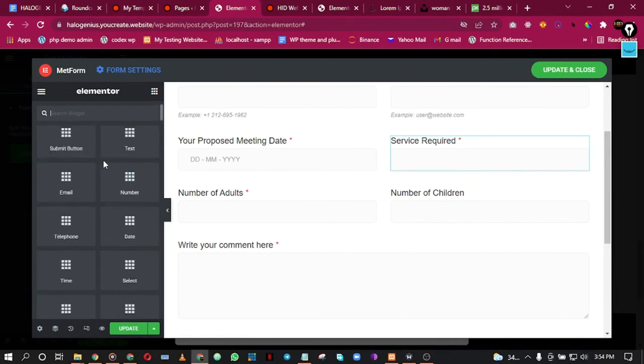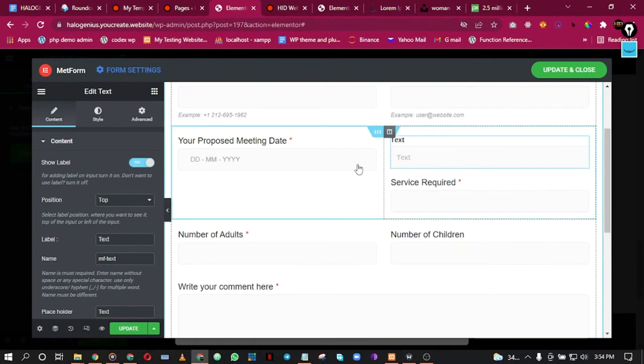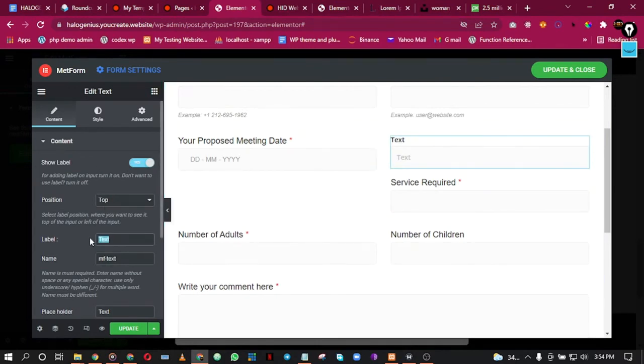I'm just going to text field, but I have to do everything from the beginning. Something I was running away from. Service required, then service. Then another thing you might want to do is